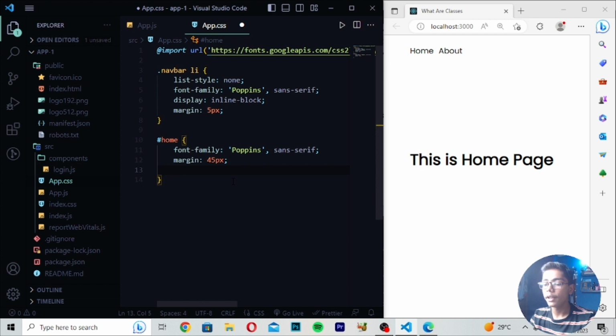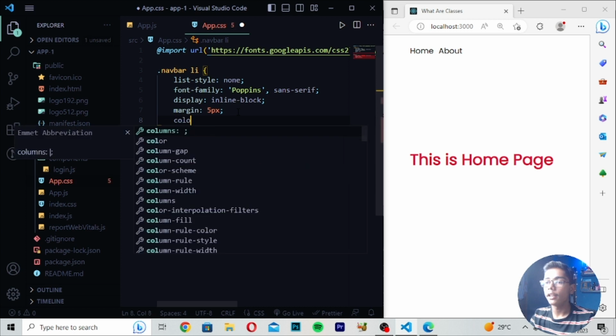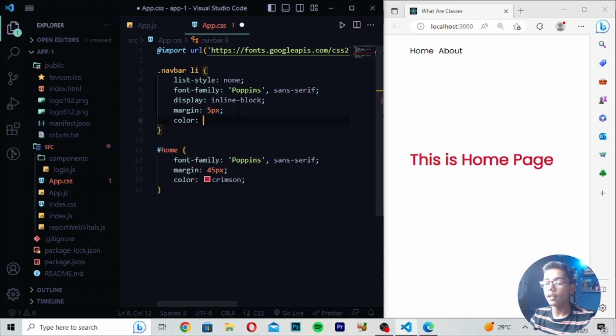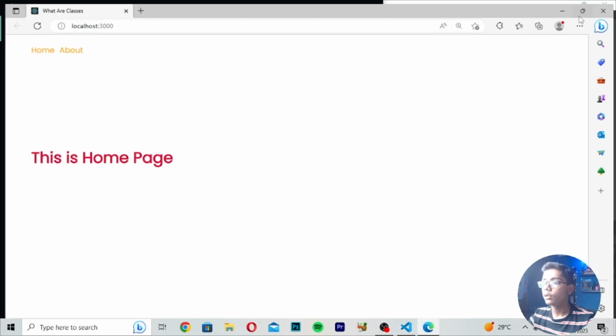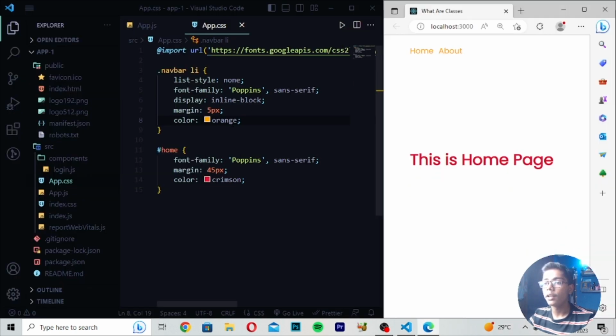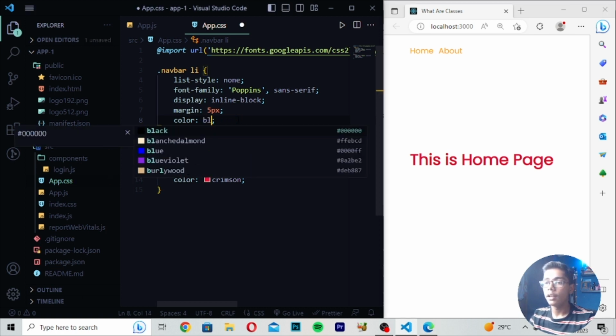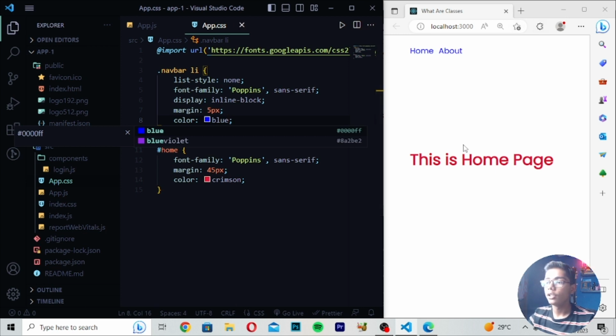If you want to give some other effect, you can give the color effect here, like crimson. If I write it, you can see that it is changed into crimson. Now if you want to change the navbar menus here, you can give it a color, then you can change it into any other color. Like if you want red, you can change into red, or if I write orange, now save it, you can see it is changed into orange. So like this you can do these things. You can change the color effects here, and if you want to change to any other color like blue, you can see it is now changed into blue. So these are the things which you can use here in classes and IDs.